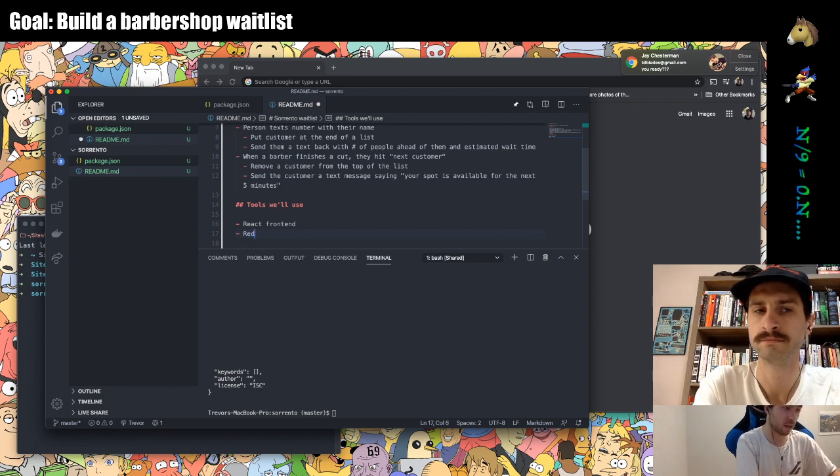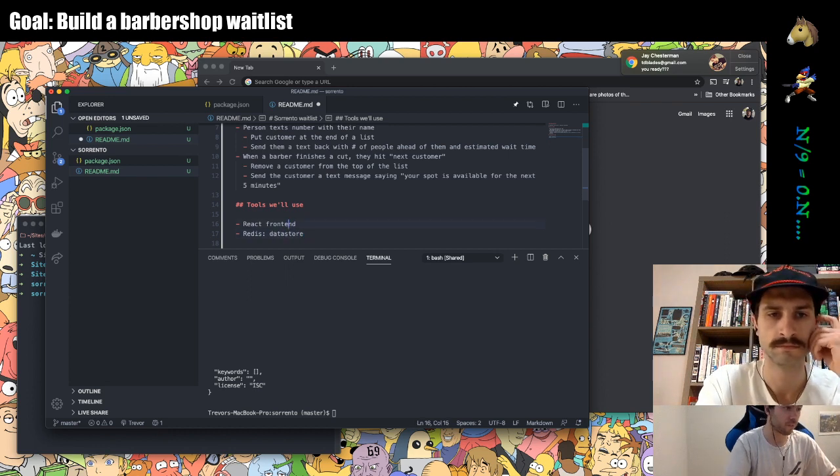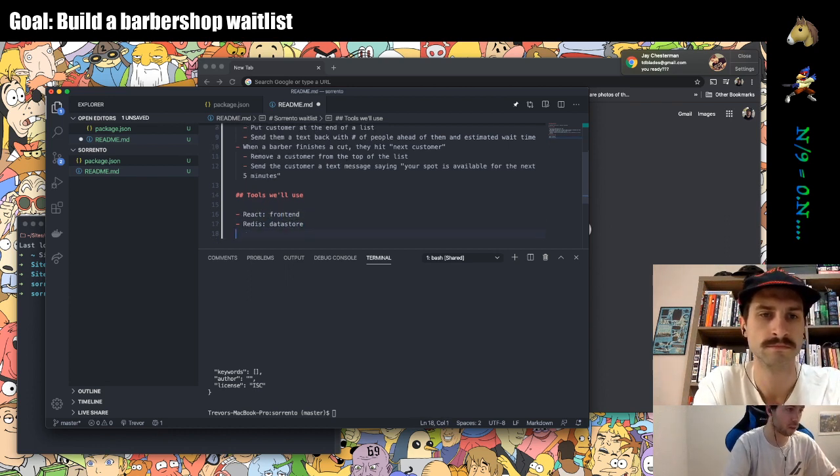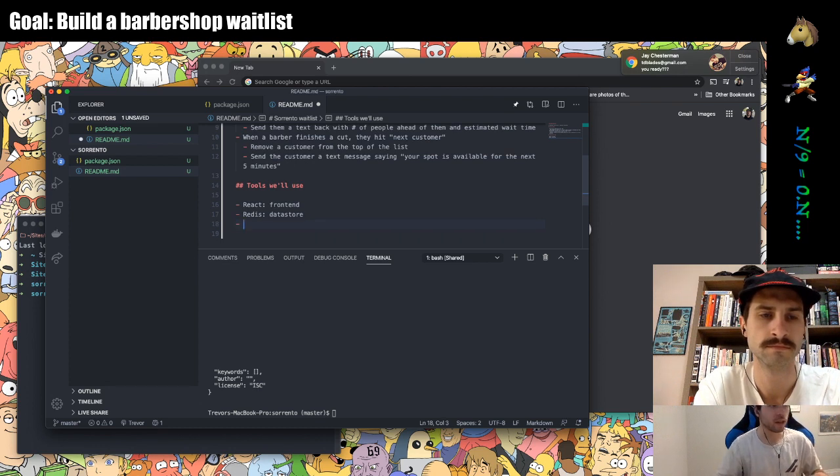So I was thinking that we use Redis as a data store. The other wrinkle to this is that all of the barbers have to be able to see the current state of the waitlist and keep everybody in sync all the time. When somebody texts and gets added to the waitlist, that person should show up on everybody's, whether it's their tablet or their phone or however they're viewing the list. It has to just happen